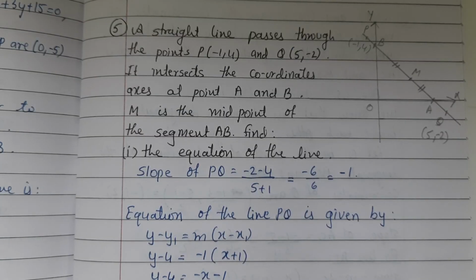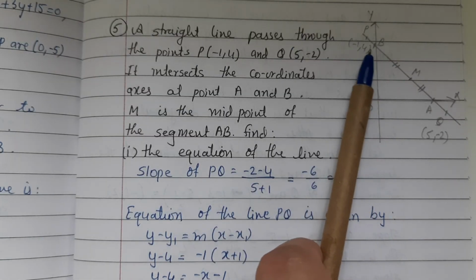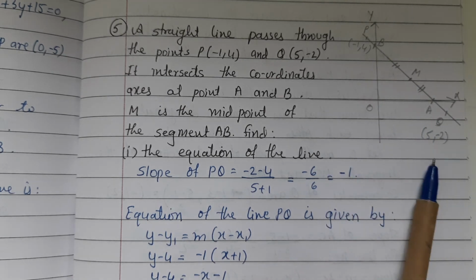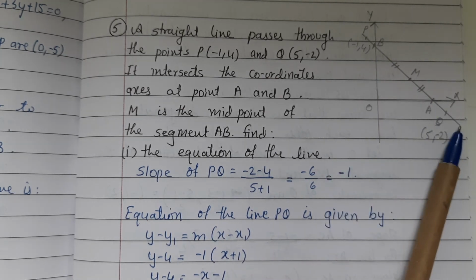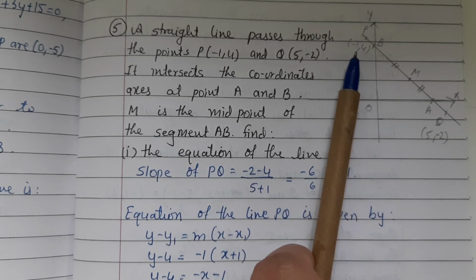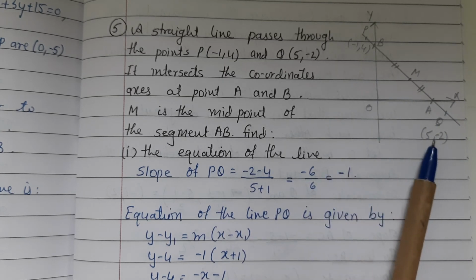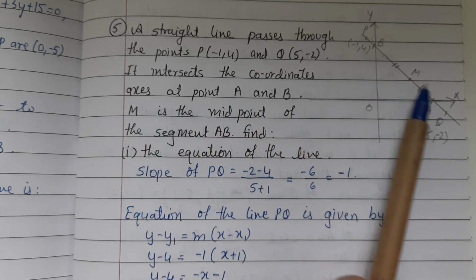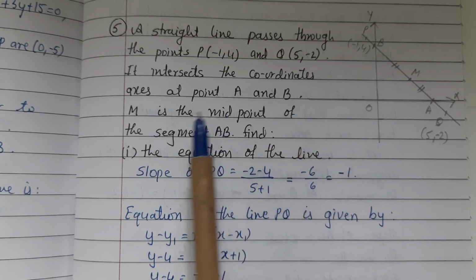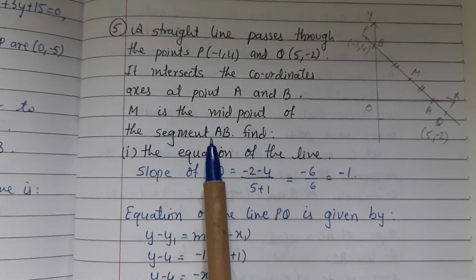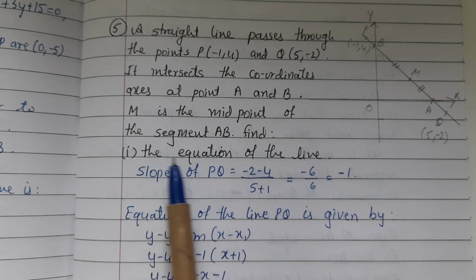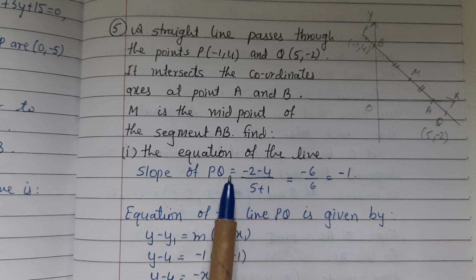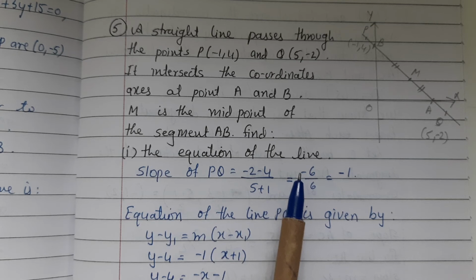Sum number 5. A straight line passes through the points P and Q. P is minus 1, 4, Q is 5, minus 2. It intersects the coordinate axes at points A and B. M is the midpoint of the segment AB. Find first the equation of the line. Slope of PQ equal to minus 2 minus 4 upon 5 plus 1 equal to minus 6 upon 6